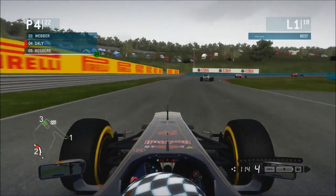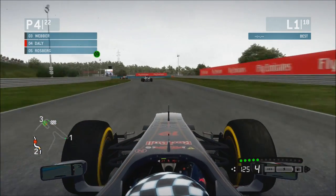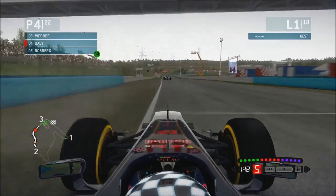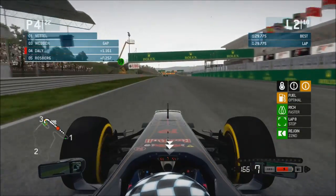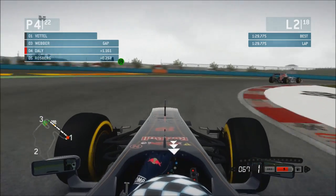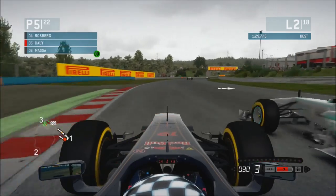This track around Hungary, it really is hard to overtake, so I'm going to use that to my advantage. I'm going to stay out as long as I can, despite my tyres going really off in the latter stages of the stint. The thing that I don't want to do is stay out too long, and I think that would really kill me in the back end of the race. I may even have to go on a 2 stop if I have to stop early in this race. As I said before, the tyre wear is simply horrible, but now we've got Nico Rosberg attacking us for 4th